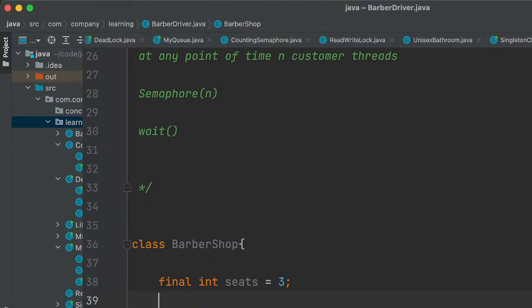These are the total number of seats, and we can keep track of the occupied ones, the waiting customers that need to be served by the barber, right?